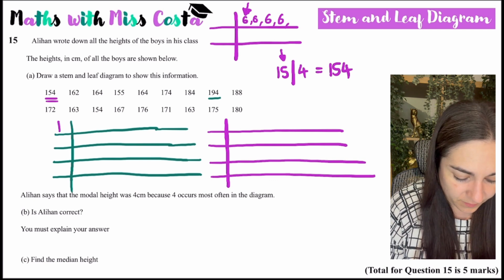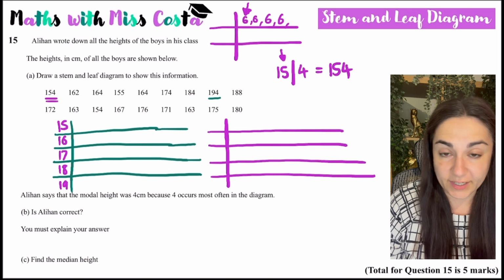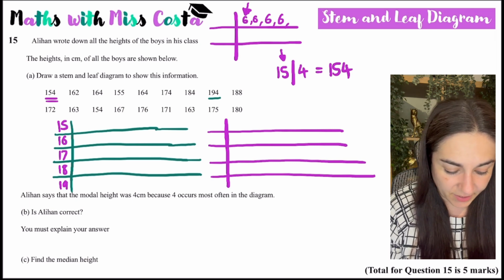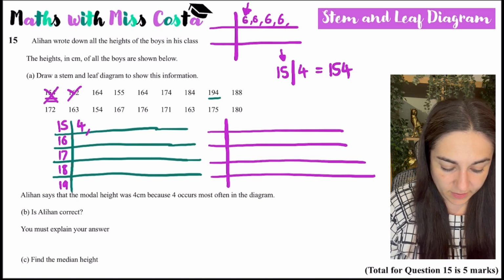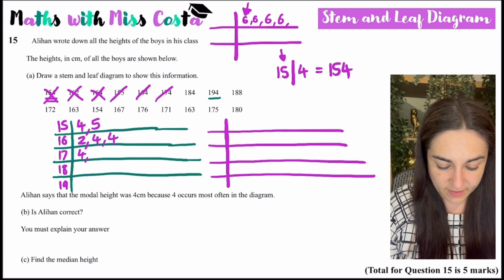So I start with writing the stem. So 15, 16, 17, 18, 19. So that would represent 150 something, 160 something. So the first one, 154, I'd write a 4 there. Next one, 162, I'd write a 2 there. 164, I'd write there. 155, I'd write a 5 there. 164, I'd write there. 174 is over here. 184 is over here. 194,